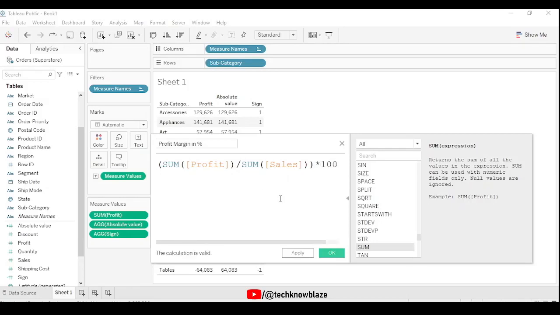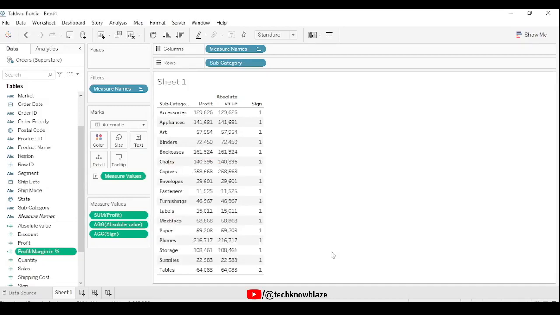Now we can use this profit margin in the existing table. Simply drag and drop this profit margin to the table and we can observe the profit margin.